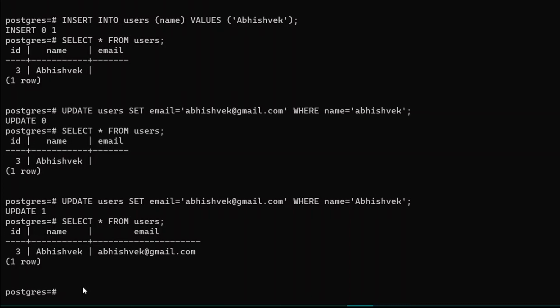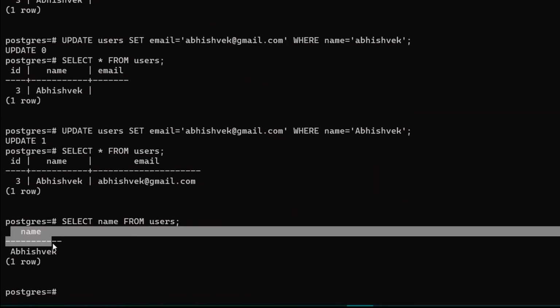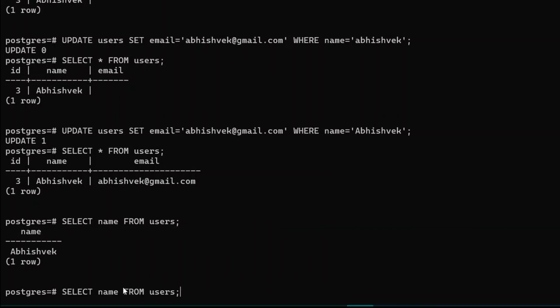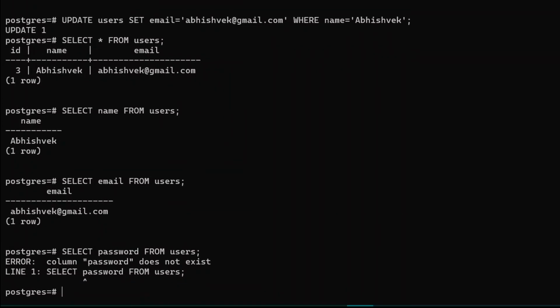So once we have learned all of the create, read, update and delete operations, what we can really do is select some particular column from our users table as well. For that purpose, you should be writing here select the following column that you need to use. Let's say select name from users. Let's execute it. Cool. So now you can see we will be getting the following column name only, not the entire exact table. If I simply remove it from here and add here an email, I will be getting my email. But let's say let's have a new column to it of password, what Postgres shall be doing to it. Let's check it up. Now you can see we will be getting the following error that column password does not exist. Easy, we don't need this.